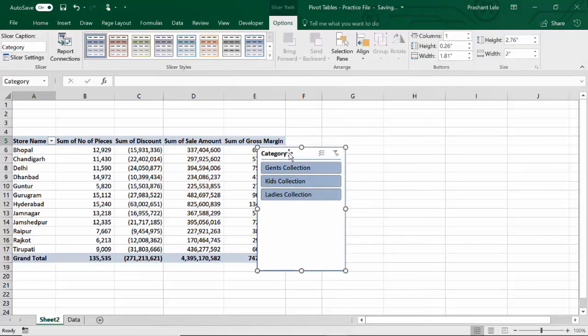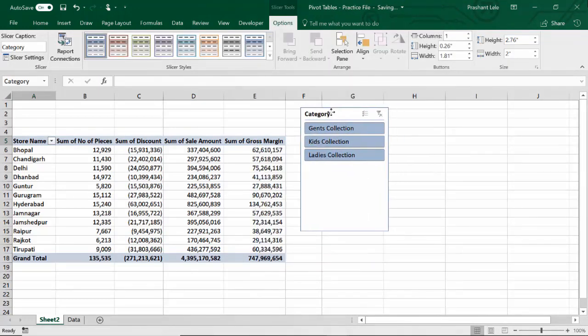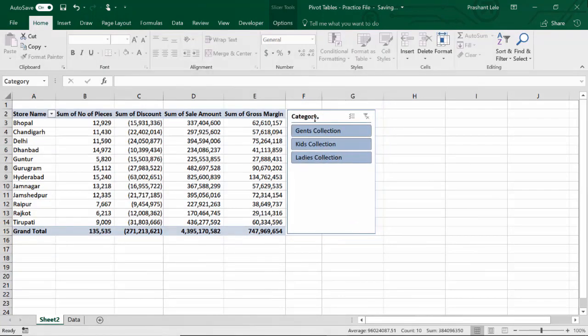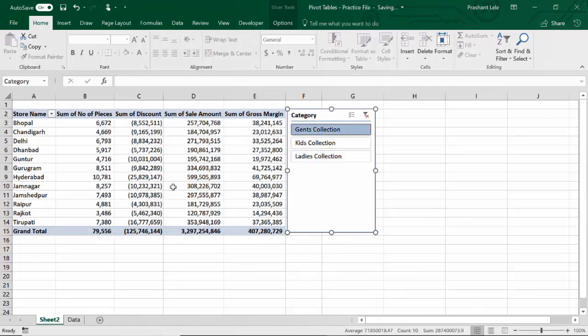Oh, see, Excel has inserted a slicer for us. This is just like some buttons. You can press these buttons to filter your data. Like if I want only the gents collection, I will just press this button and my data will be filtered and values for gents collection will be shown.